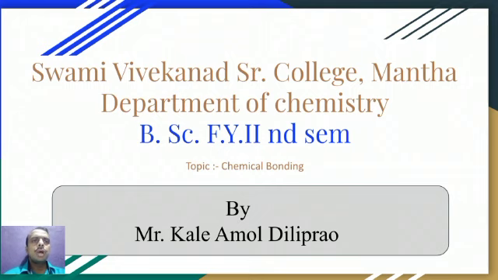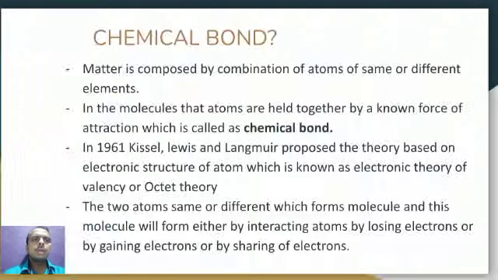So we have to learn what is meant by the chemical bond. As we know, matter is composed of a combination of atoms of the same or different elements. In the molecule, the atoms are held together by a known force of attraction which is called a chemical